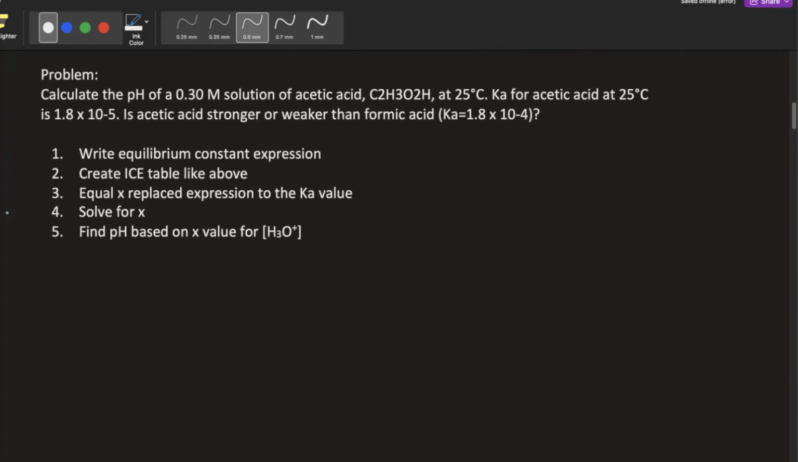To solve this, we're going to follow these steps, and you're going to follow these steps for almost every single one of these problems. So first, you're going to find the equilibrium constant expression. To do so, we need to take the equation for acetic acid. So we do